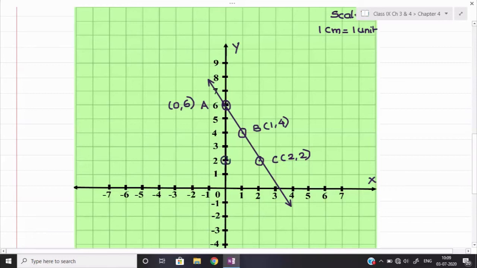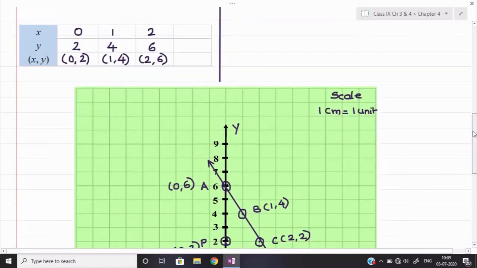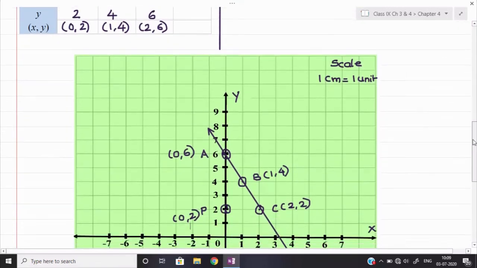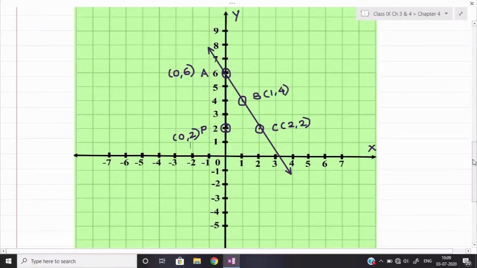So this point I will say, for example, point P, and whose coordinate I am supposing here is (0, 2). See the second point. The second point is given here as (1, 4), which we have already plotted, and we can say that it is a common point. So the last point we shall plot here is (2, 6). So x equal to 2. X equal to 2 is on the x-axis at this place. From 2 I will go up, and in front of 6 on the y-axis I will mark my second point. This point I will mark as point Q, that will be (2, 6).